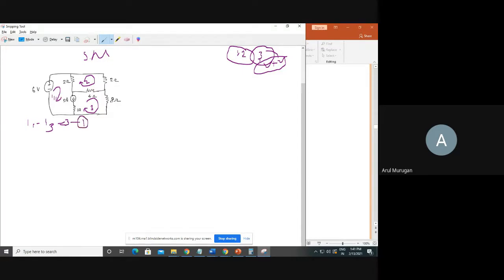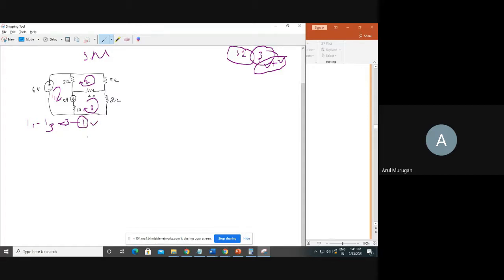Who is a follower? Down. I1. So I1 is a downward arrow, so it's down arrow. Both also flow in the same direction. So I1 minus I3 is equal to 3. You will write the first equation. Okay, then suppose you ask me a question: suppose my assumed direction is also anti-clockwise, then you will write plus, then you will write plus 2 and solve the problem. Okay, so the first equation is over.